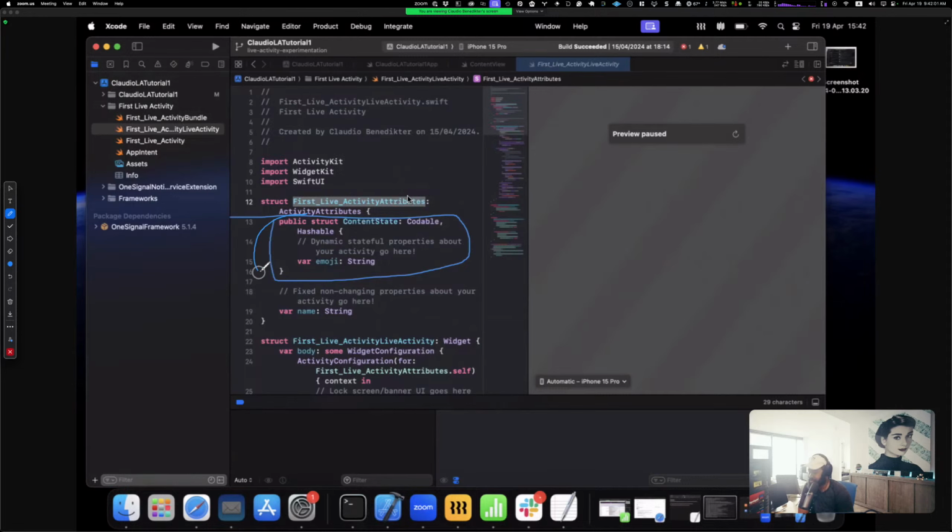So your changes are going to come here. This is the thing that's changing in your content state. So this right here is for changes. And